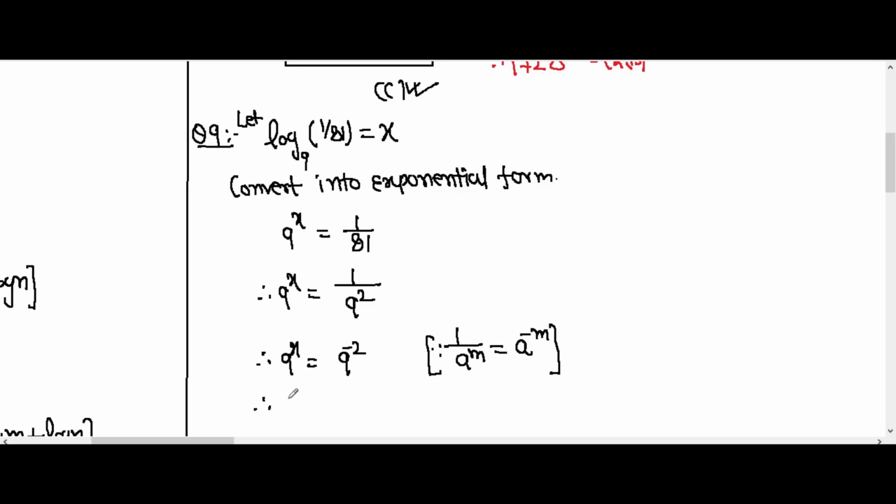Now let's see, log of 6 is also written as log of 2 into 3. By rule number 1, log of 2 plus log of 3, we applied, since log of m into n is equal to log of m plus log of n. Now the value of log 2 is given as 0.3010, log of 3 as 0.4771, which is given to you. If we add these two then we have